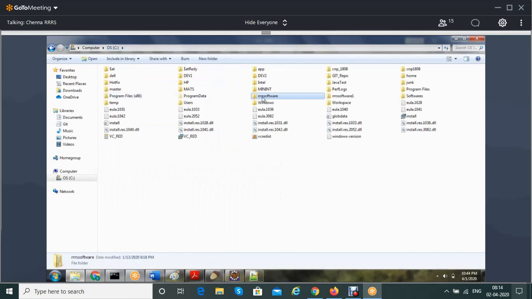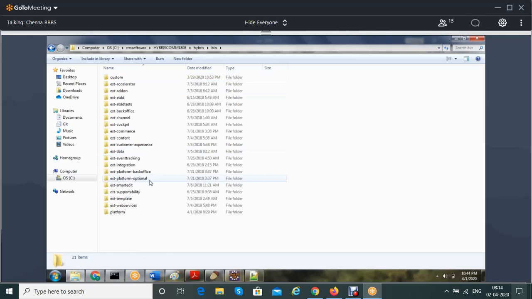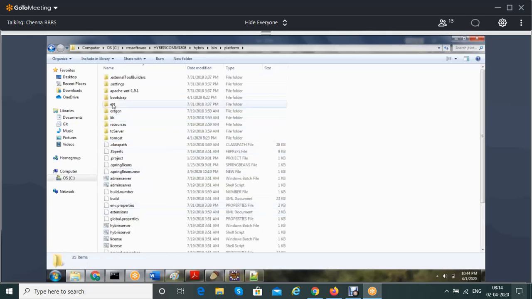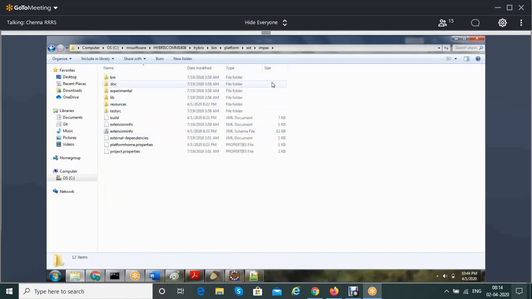If you go to the software, to Hybris, bin, platform, ext, impex, this is the extension which can understand whatever impexes you write.